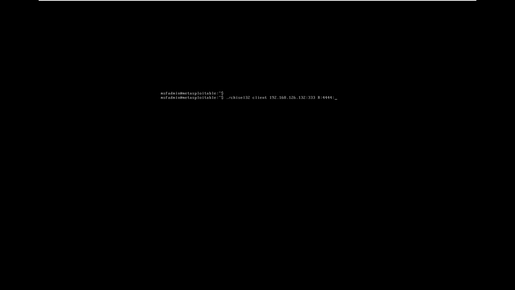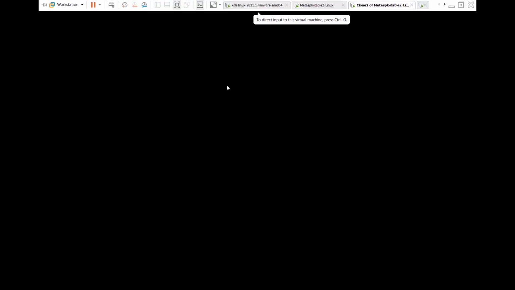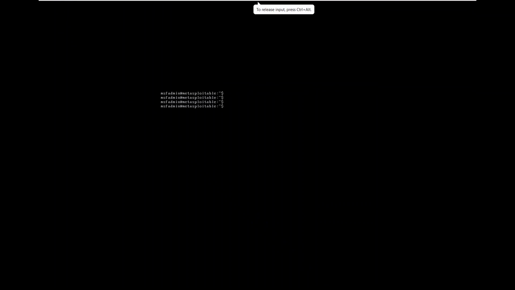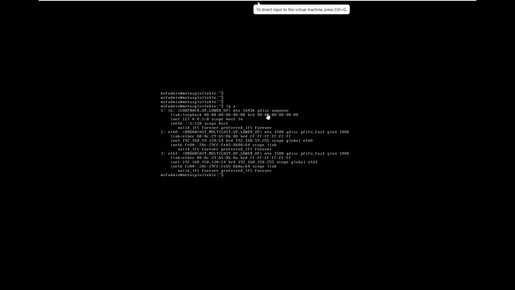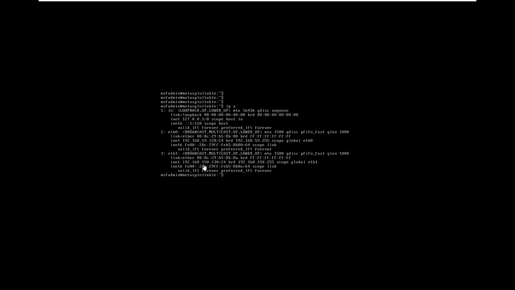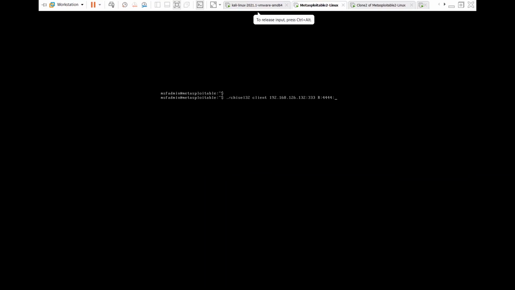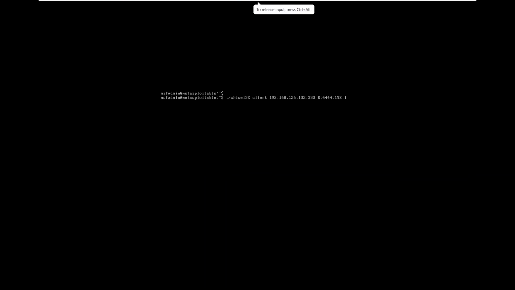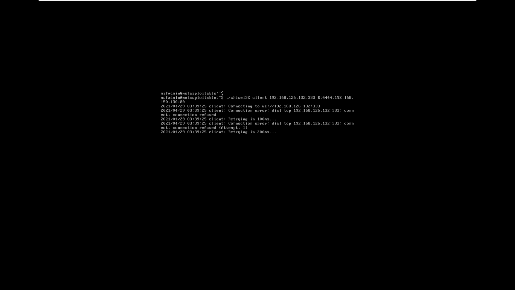Now, to which host do I need to forward this packet coming from 4444? To this IP address, because we have the connectivity, right? This M1 machine can connect to this M2 machine, 192.168.150.130, port 80. So we are trying to scan the web server.